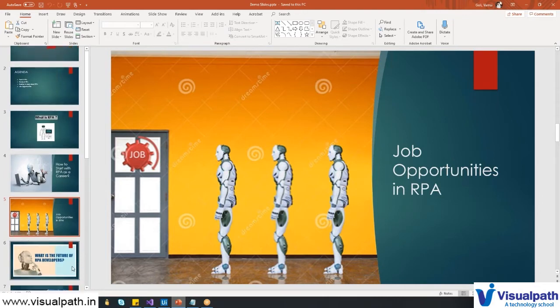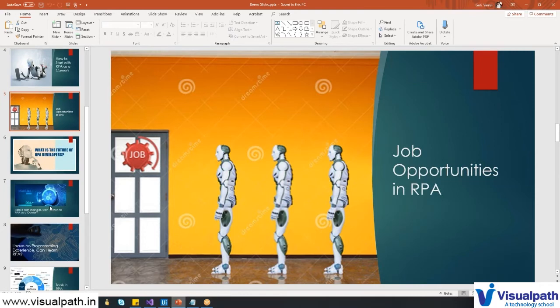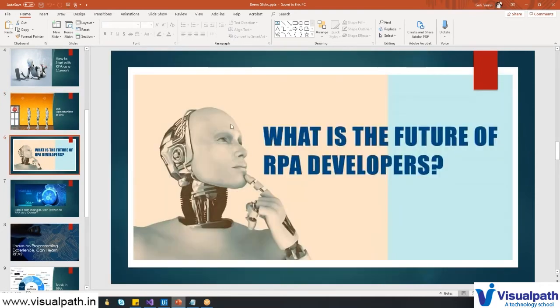And future of RPA developers, because again, you'll have good opportunities here with different skill sets. Also this skill is very rare, because of UiPath plus .NET experience. Even if you're not performing very well in your interview, they will test you up to some level, and then they want to train you.